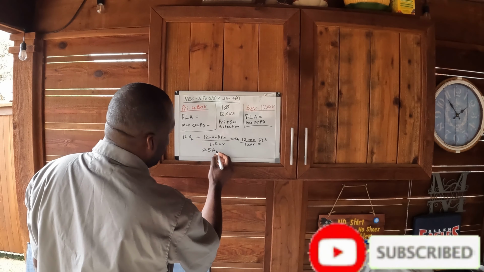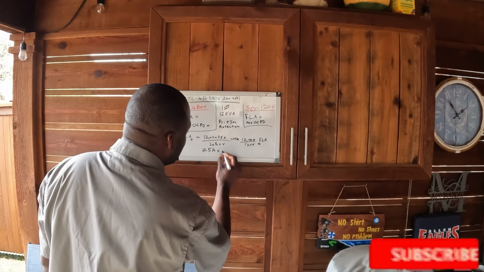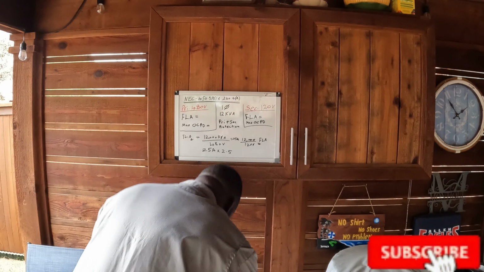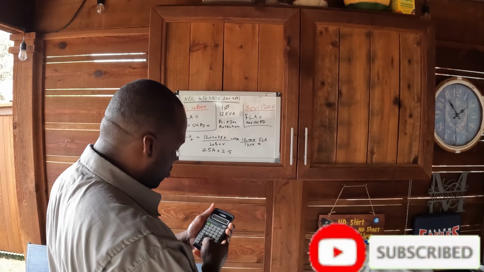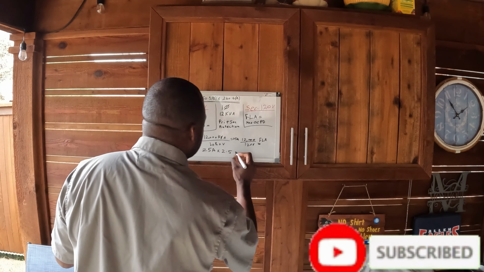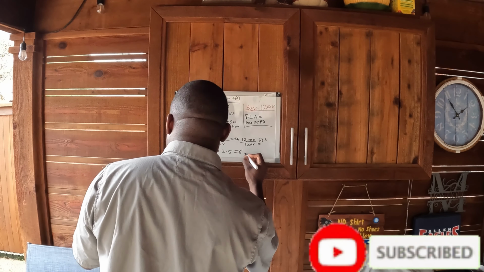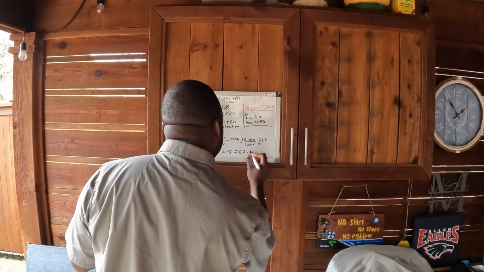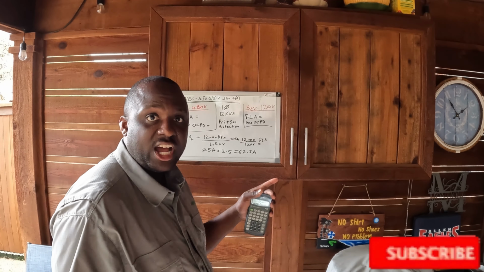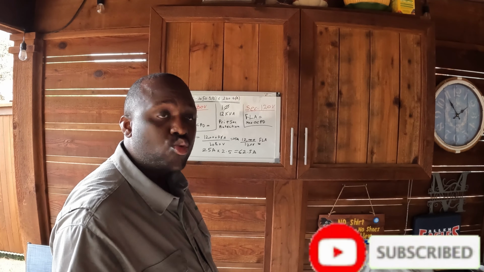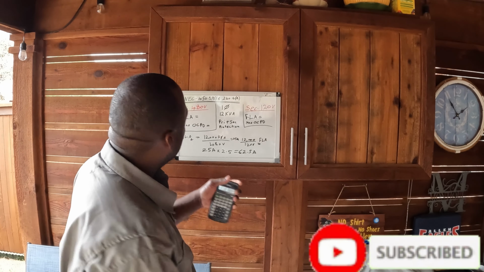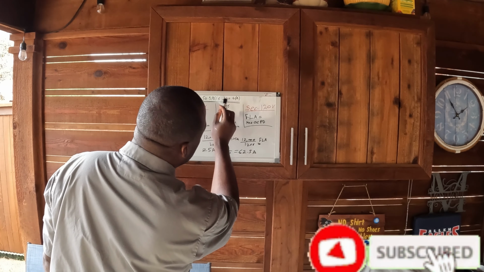So it's gonna be 25 times 2.5, right? And when you do that, 25 times 2.5, you're gonna get 62.5 amp. But I've never seen a 62.5 amp breaker yet. So what we're gonna do, back again to the article